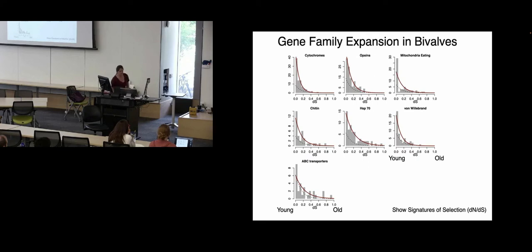We did a similar analysis for all the large gene families, and this was done computationally completely blind with respect to which functions should be present. And in fact, we were so blind that some of these functions, I could not have told you what they were until we found the gene family and looked them up. These are the large gene families that have significantly higher rates of duplication or lower rates of loss compared to